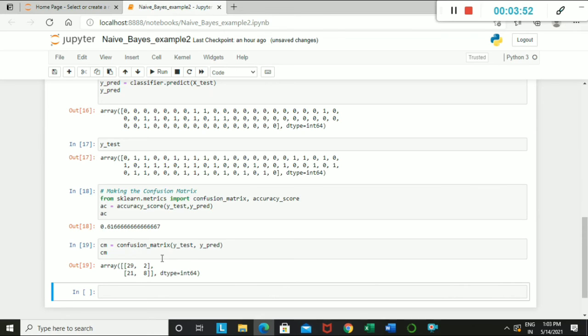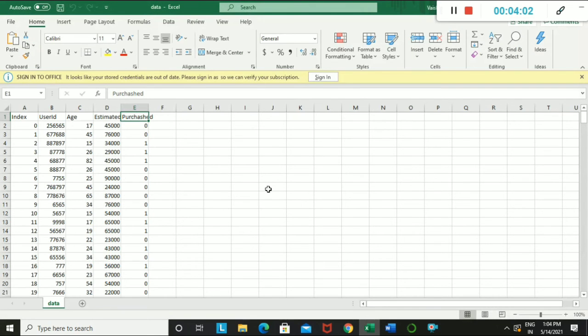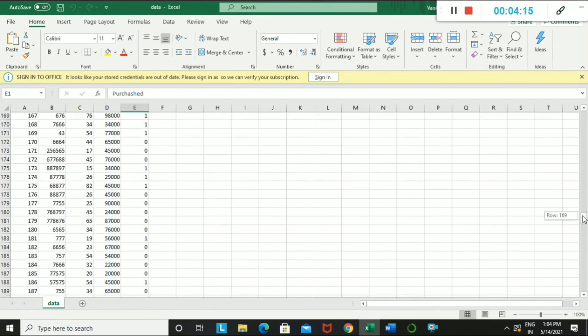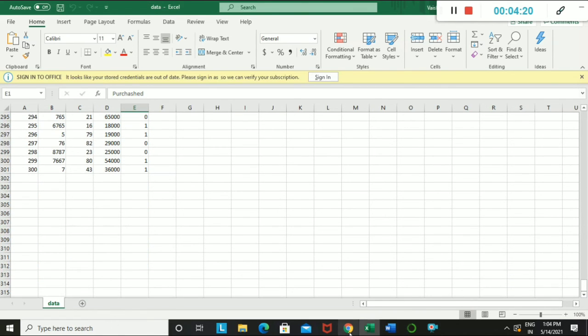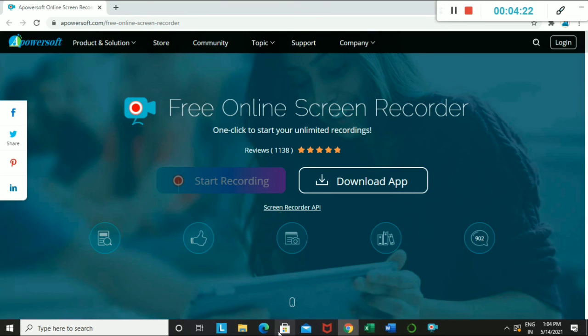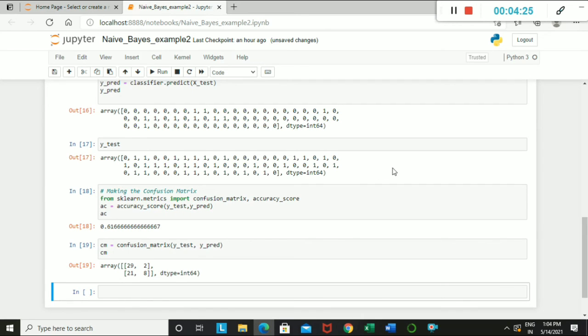I hope everyone is clear with the example of Naive Bayes, and the code is also simple. You can go through it and type it. This data set is also very easy. You can manually type the entries and create a simple example data set and perform it. There are very few entries in this data set, only 300 entries. By using only these 300 entries, the calculation is done. So you can perform the calculation and execute the Python code.